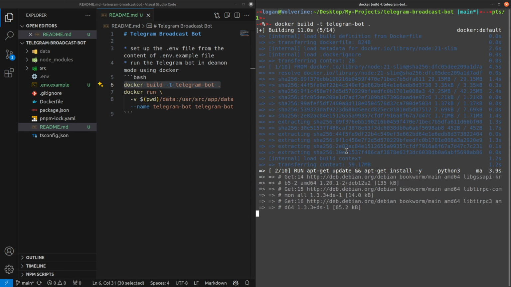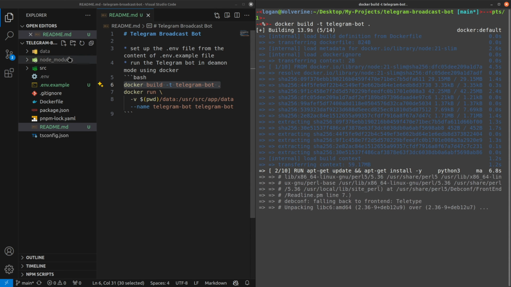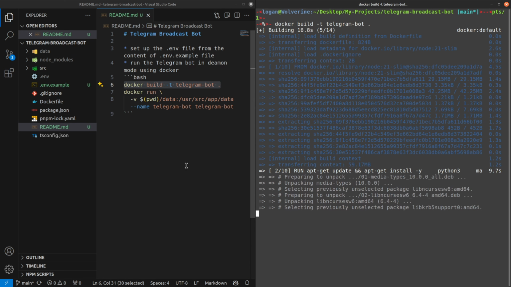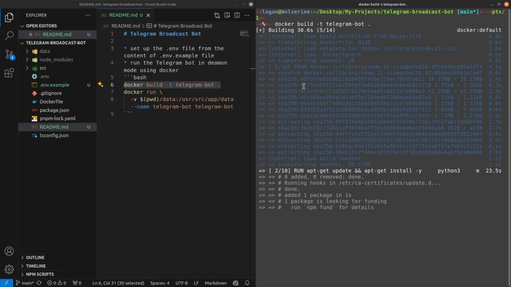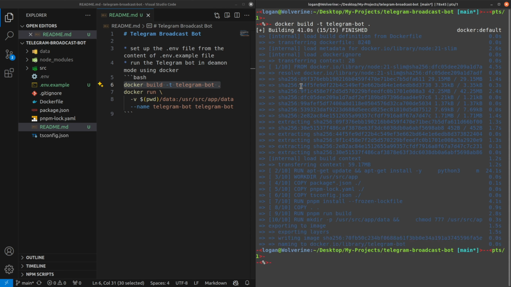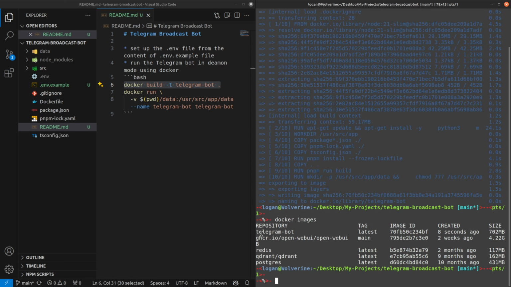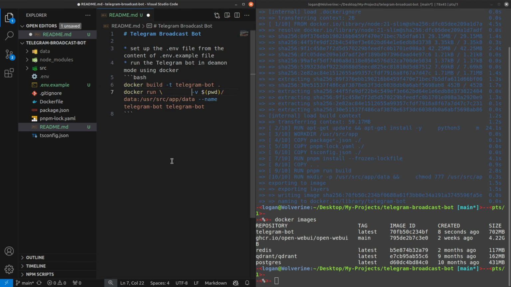I just remembered one point: this application is built on Node.js. So if you don't have Node.js installed on your machine, you need to install Node.js. Once the image is built, you can see the image is there. Okay, this is the image. You need to run this command. I'm not sure I have correctly formatted this. Okay, you need to run this command,